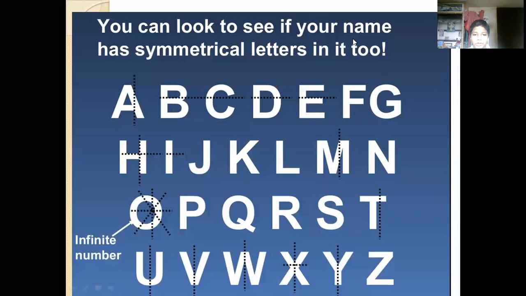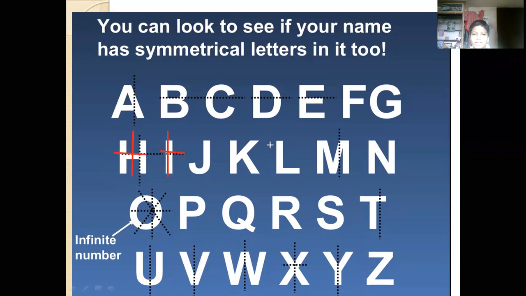See, now in this we will be using all the letters. A, one line of symmetry. B, one line. C, D, E also one line. F we can't. G also no line of symmetry. And H we have two lines of symmetry, like this half, this half. I, like this you can draw. I also has two lines of symmetry.